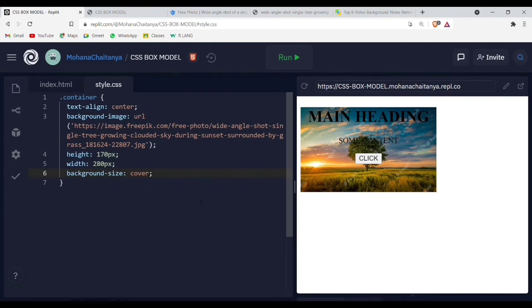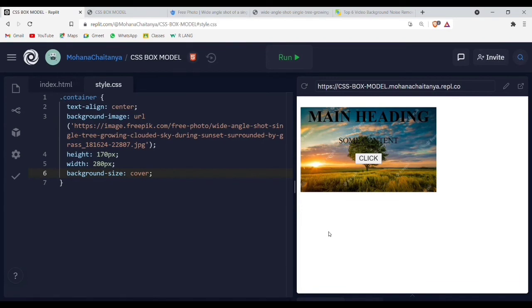viewport. Viewport is nothing but the area of the browser window that we can see. We can see this browser window, right? This is called the viewport. In the viewport, we have two things, which are viewport height and viewport width. The height of the viewport is known as viewport height and the width of the viewport is known as viewport width.